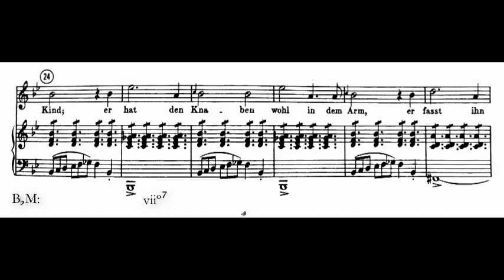Einem Kind, hat den Knaben wohl in dem Arm,